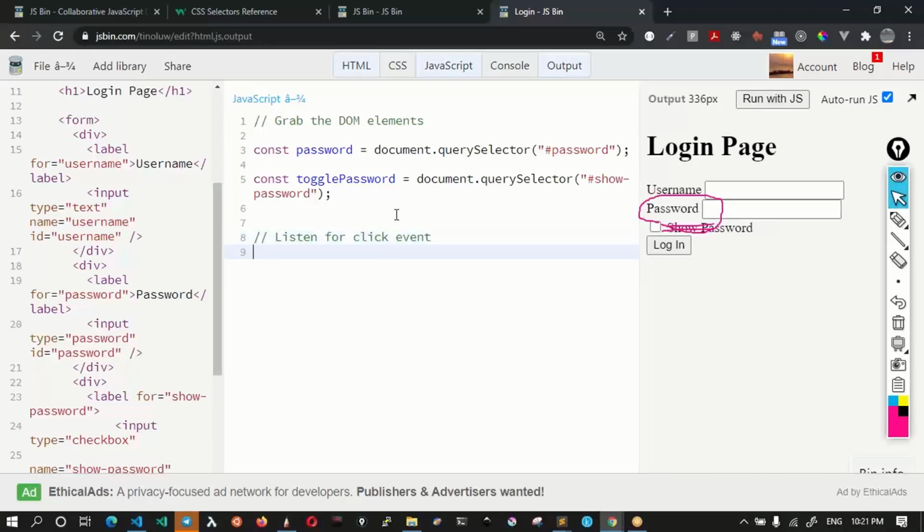Okay, so here what I can do, I could simply say toggle password dot add event listener. The event that we are interested in is the click event. Now I could technically write a function, right? Whenever the click happens, some function has to be executed. But sometimes if the function is big, this code will become difficult to maintain. So what I can do, I'll simply reference a function here called,